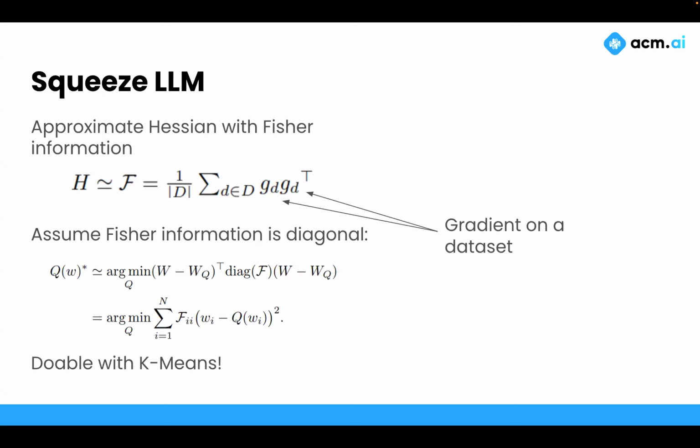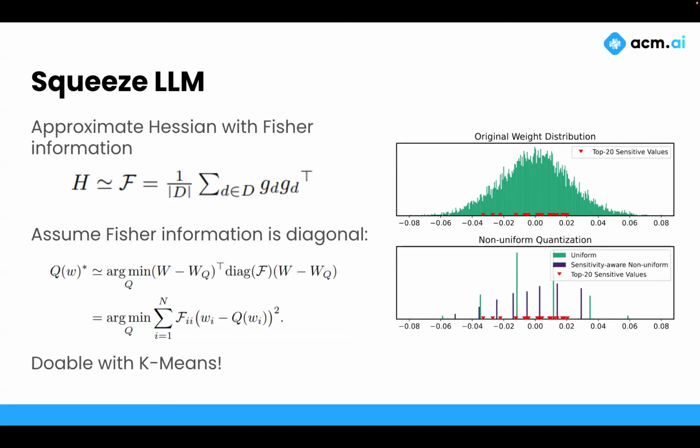So instead of sampling a bunch of calibration activations and then calculating the update, the outer product, they just calculate the gradient on a data set, take that outer product, assume that it's diagonal, which, okay, go ahead, and then basically boils down to a weighted k-means, right? So you can view the quantized values as the centroids and these F_ii as the weights. So what they do is literally just weighted k-means, and they show that the